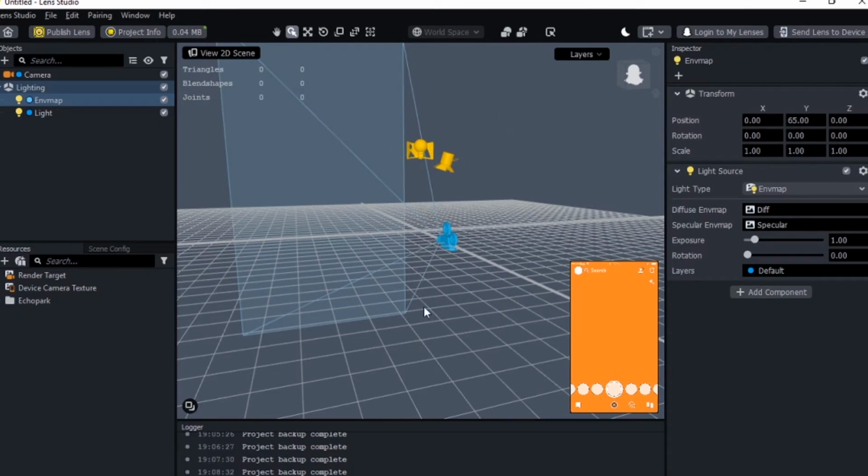So here's your light and here's your EV map, and then you can rotate and stuff. So I will be coming with this